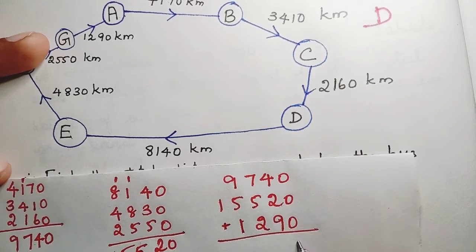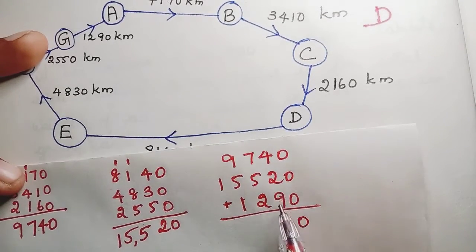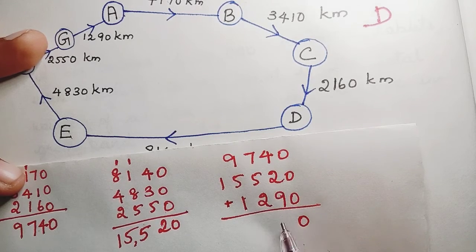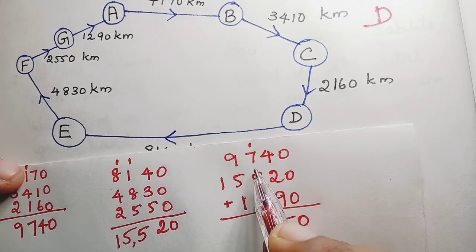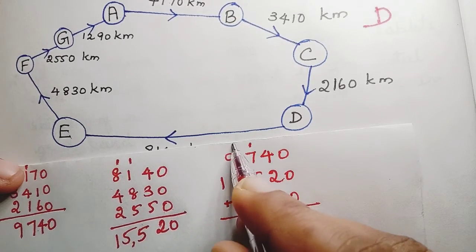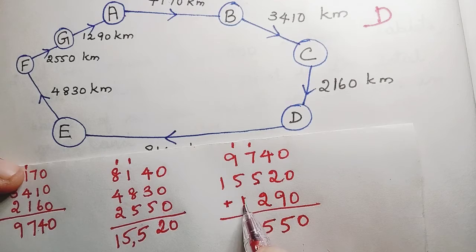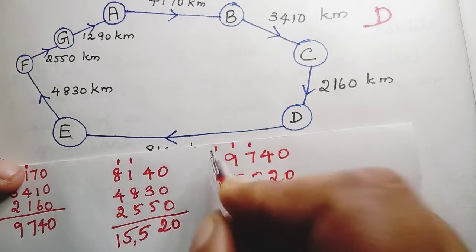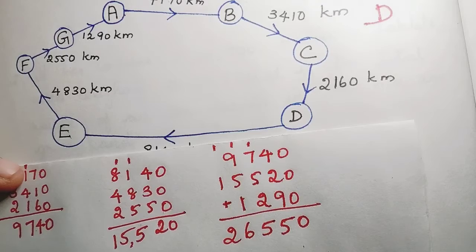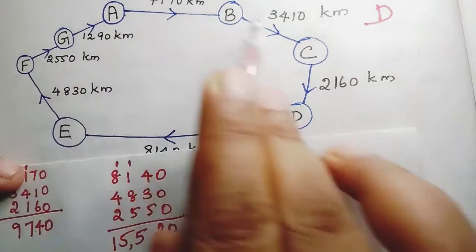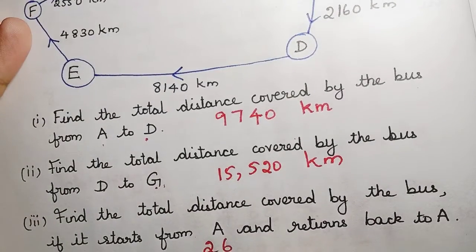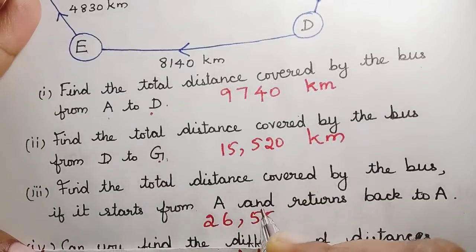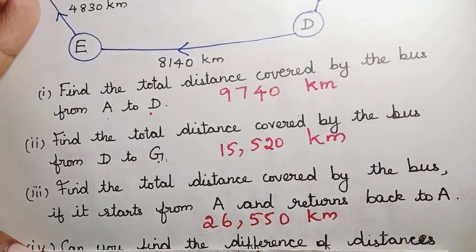Okay, 0, 4 plus 2 is 6, 6 plus 9, 15. Balance 1. 8, 8 plus 5 is 13, 13 plus 2, 15. Balance 1. 10 plus 5, 15, 15 plus 1 is 16. Balance 1, 1 plus 1 is 2. Okay, so when you add the entire route from A to A, you will get the answer as 26,550 kilometers. Okay,